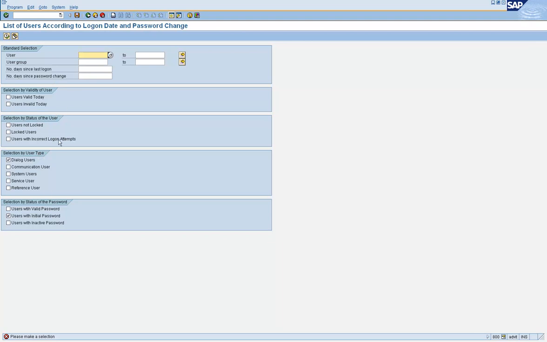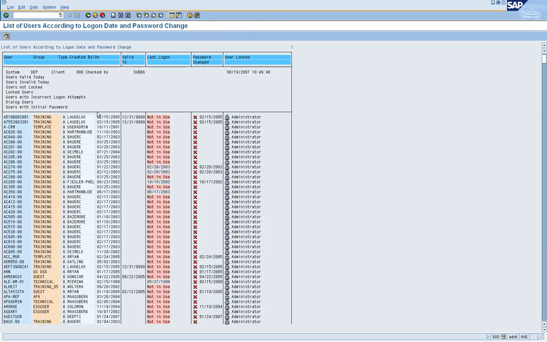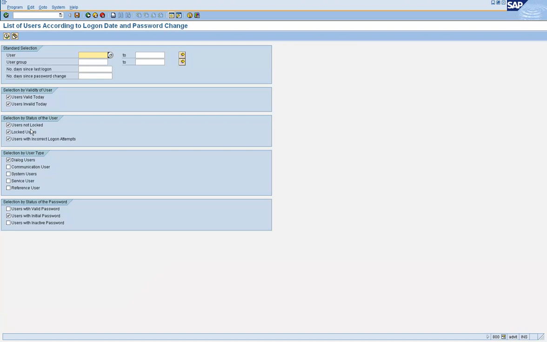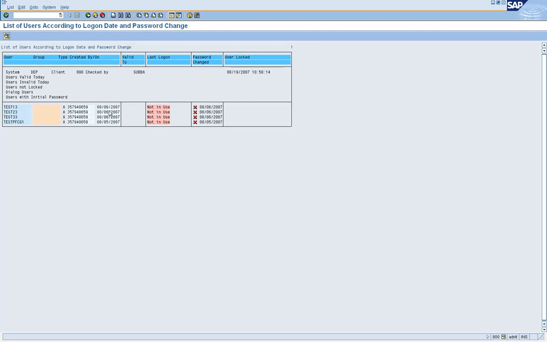So these many people never logged in. No, but this is not right, because it says the last password was changed on so and so date. Those users have not logged in.